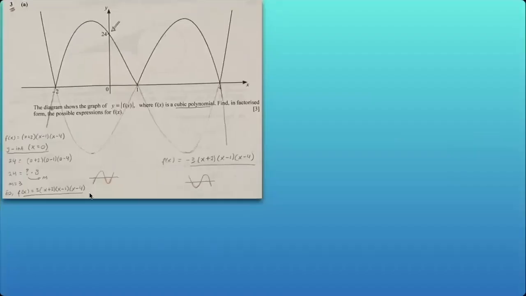Next question, number 3, part A. The diagram shows the graph of y equals the absolute value of f of x, where f of x is a cubic polynomial. Find in factorized form the possible expression for f of x. Given the graph,